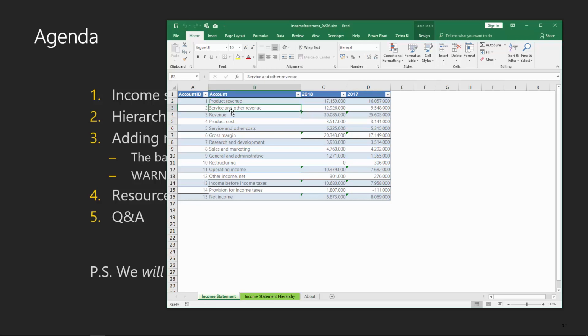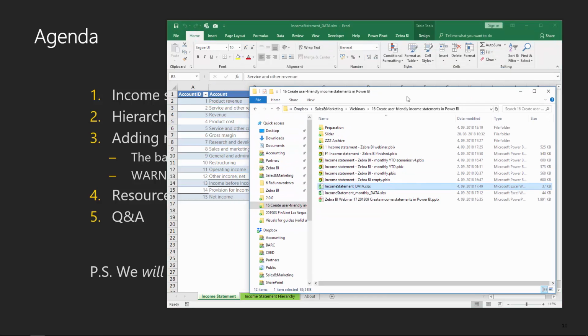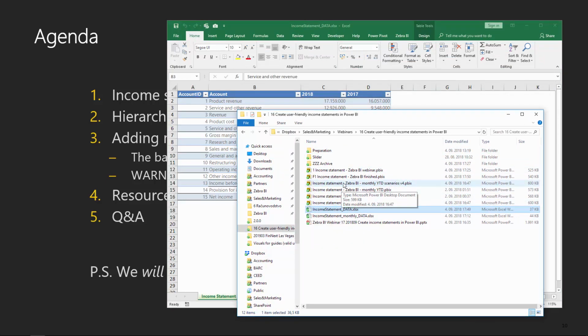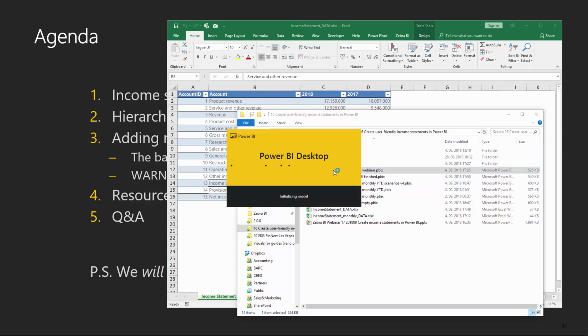I think it works best with Power BI. It's clean and you know where your data is, and it's an actual table and so on. So right now, I'll just open an empty Power BI report,